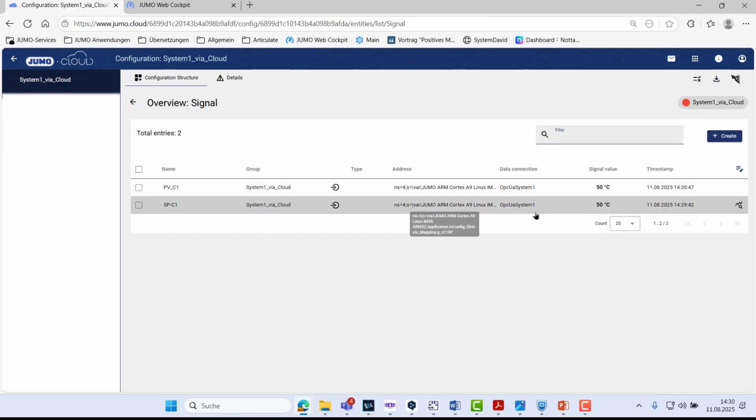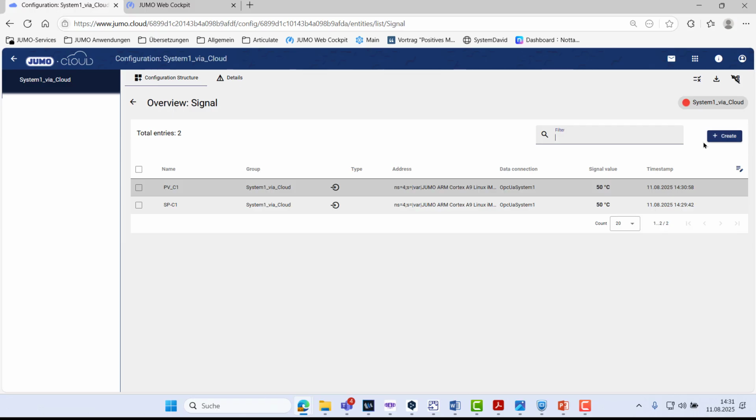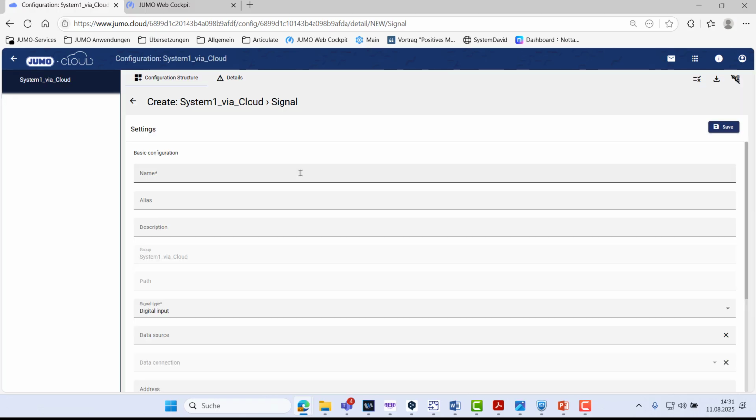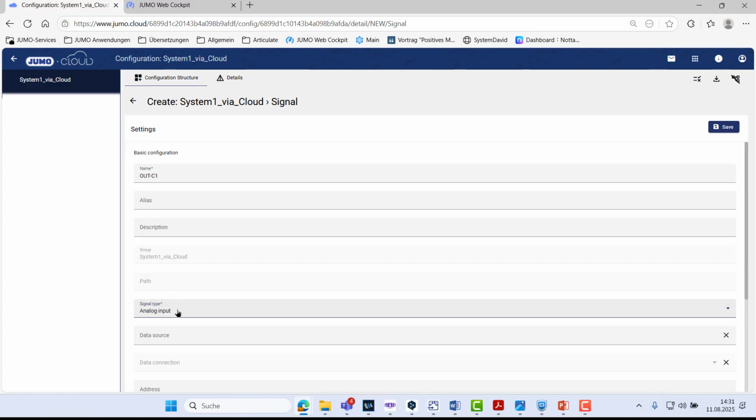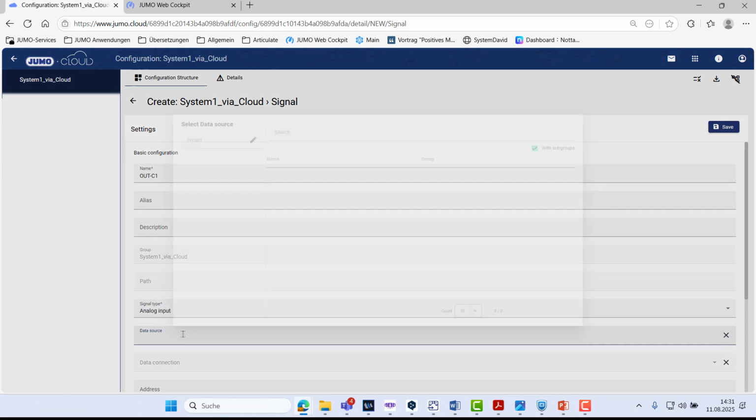I create the signal for the controller's output level. I name the signal. This is also an analog input. It comes from the same data source and via the same data connection.